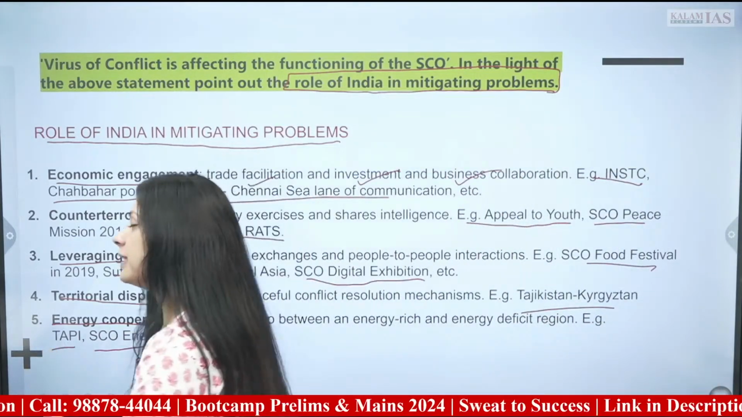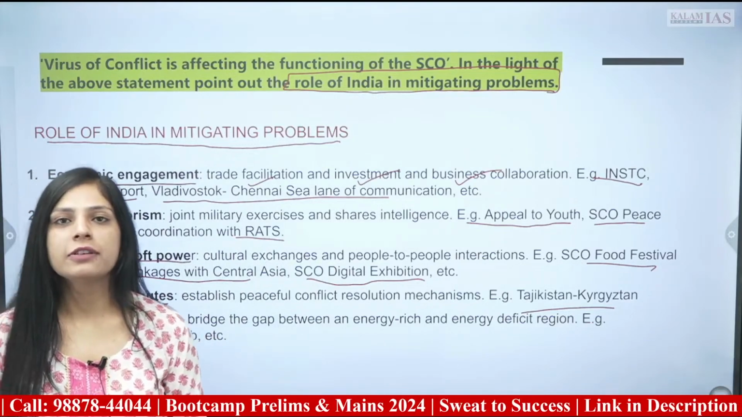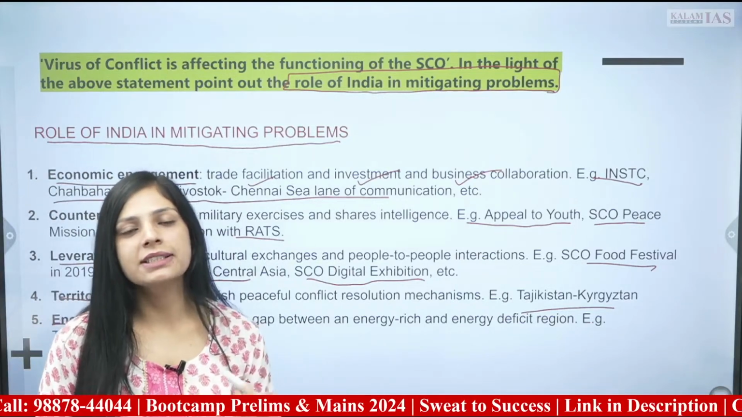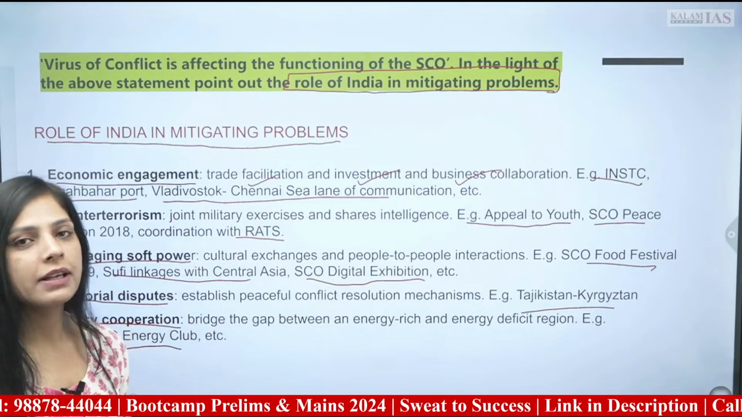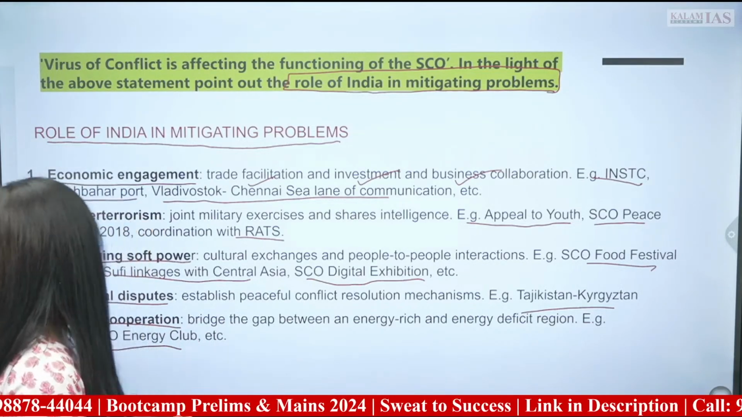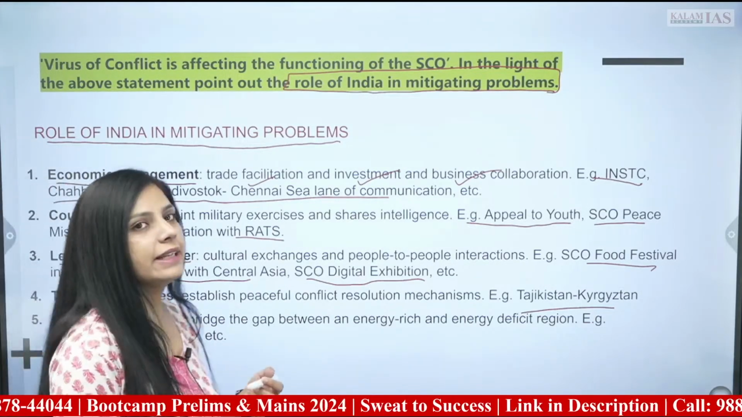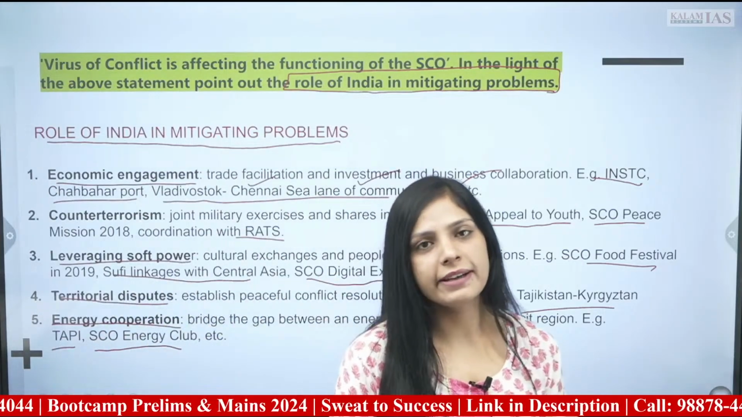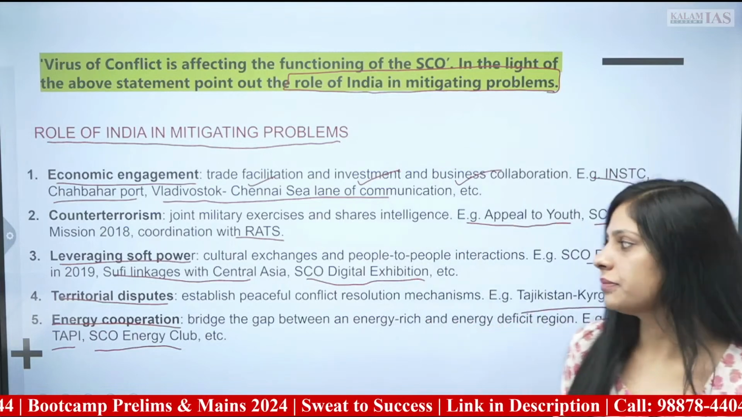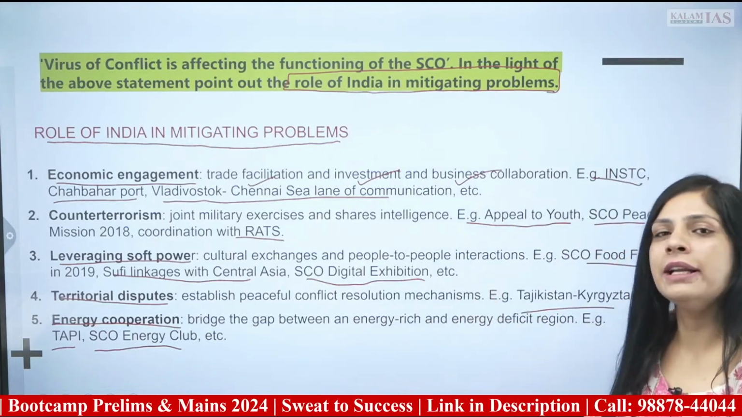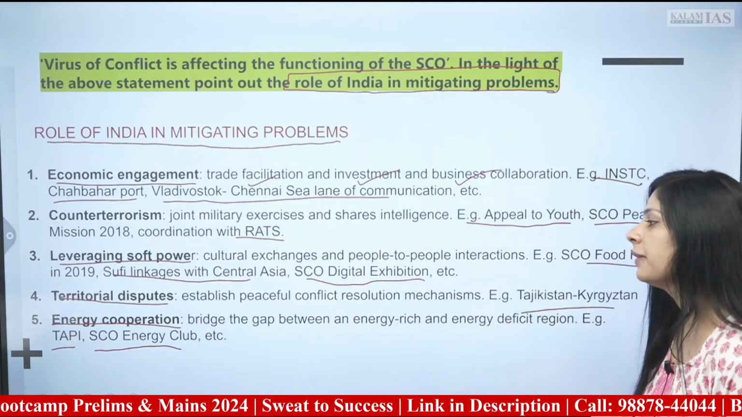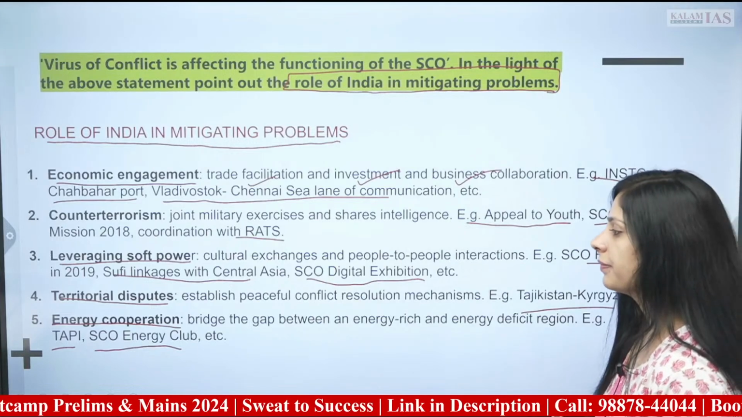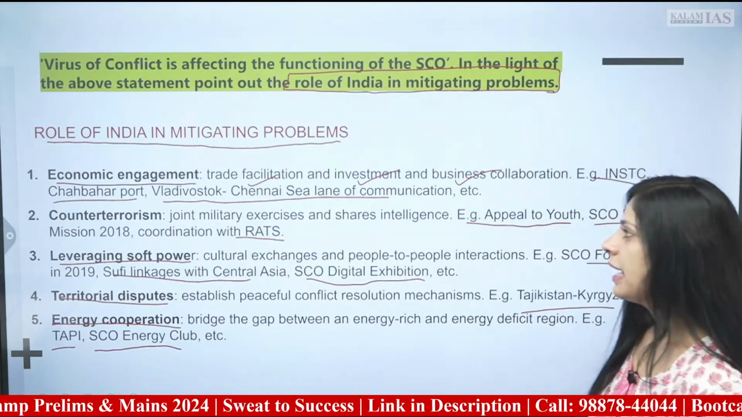The TAPI pipeline project, which India is also part of, can also ensure energy security in the region, right? This would also increase the interdependence between the countries, further reducing the conflict risk, right? So these could be the main points where India plays a major role, right? Other points,